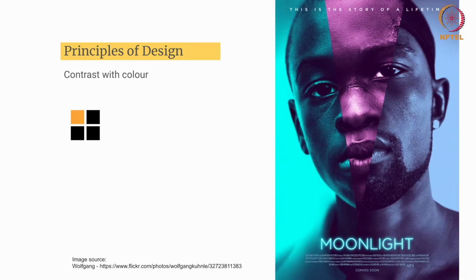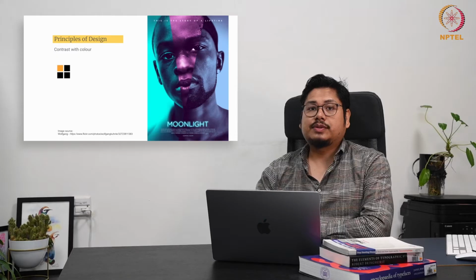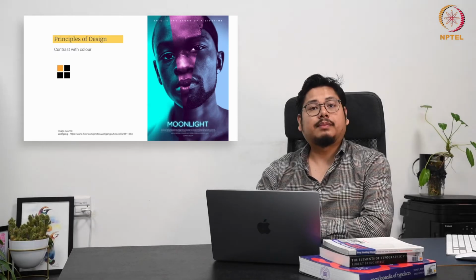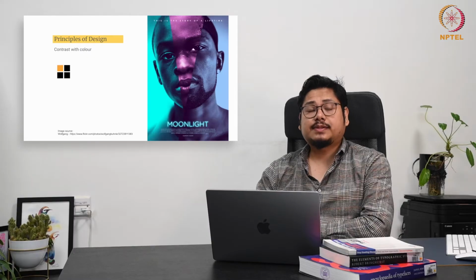It feels like pink because of the texture and all. That's how the overall composition narrates the three phases of the character in the movie. So here contrast is done using light versus dark colors, complementary colors, or warm versus cool colors to make specific elements pop.